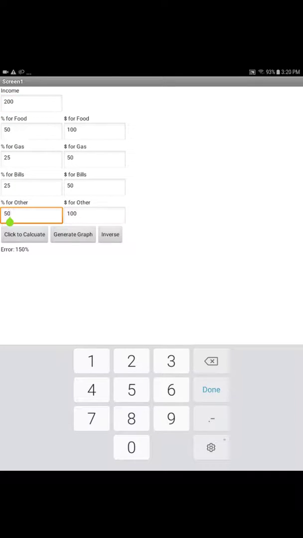So to fix that, let's change this to 25, 25, and 25, and press calculate. So in all, your total is 100%, and the column to your right represents the amount of money you're going to put for each. If you change this, for example, to 24, and let's make this 26, and press calculate,